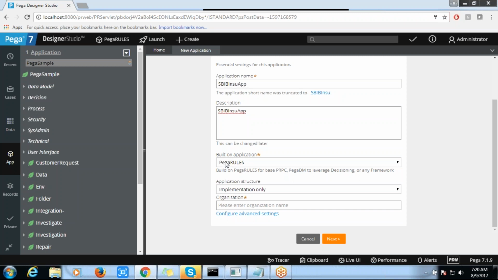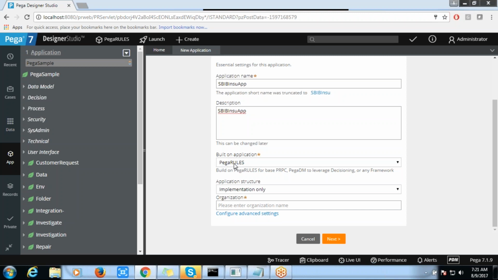If your organization already has a framework, you are going to choose that particular framework here, because you are going to create another application on top of that framework by using the framework. In the Personal Edition, we don't have any framework here.